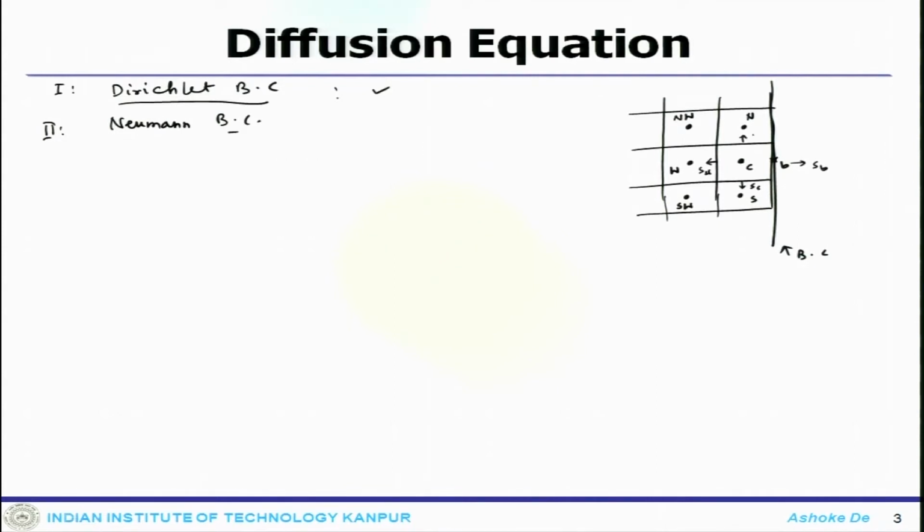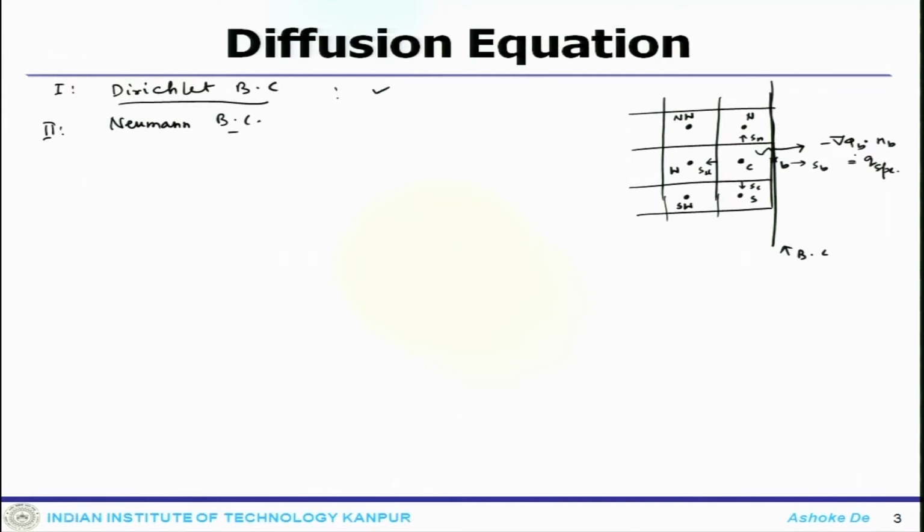SW, SN. Now, the Neumann condition is nothing but the gradient: minus del phi b dot NB equals Q specified. So, that is the Neumann boundary condition. So, essentially what does that mean? The gradient at that particular face. Now if you look at that element C, one of its faces, the east face, belongs to the boundary, the gradient condition is prescribed.